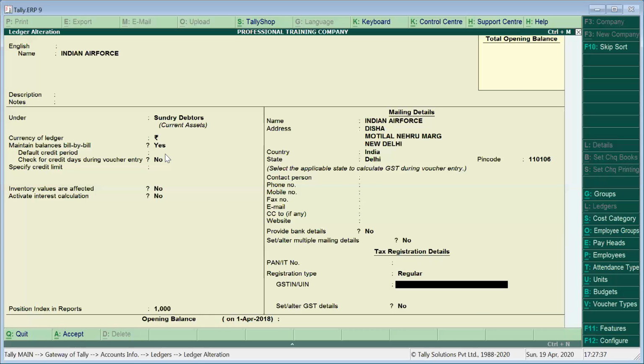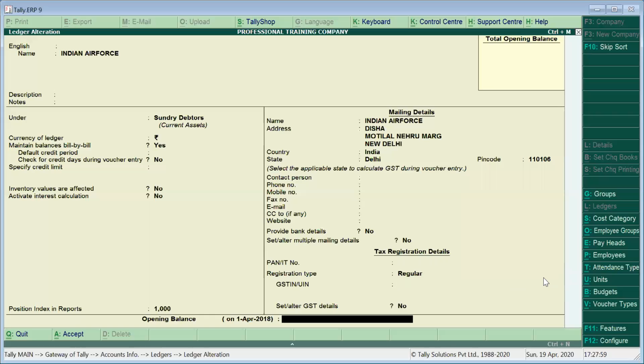Over here, we just put our GST number. Now we are going to see there is a notification, GST UIN not specified. We can just press enter and go ahead with this option. But basically we have to put it for sundry debtors. Otherwise we have to select something other than regular. Just for the sake of simplicity, I'm not pressing anything over here right now. All right, so enter, no.